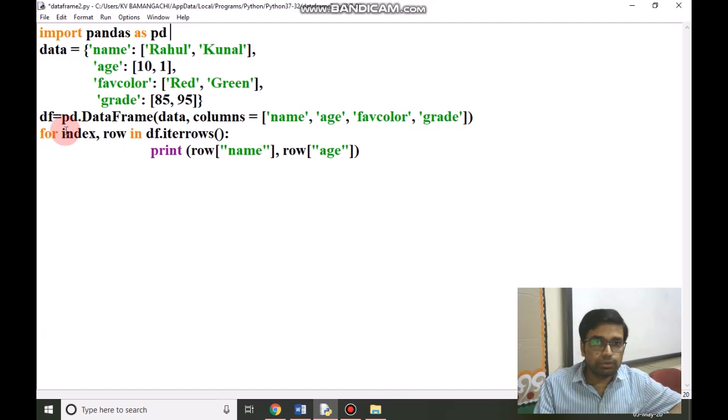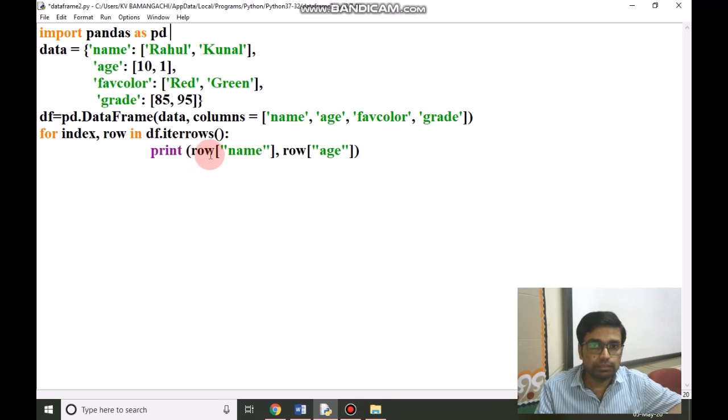To iterate over rows, we have to write for index, row. We have used a for loop with index comma row, because we are iterating over rows, so we have to give these two keywords, index comma row, in df.iterrows().